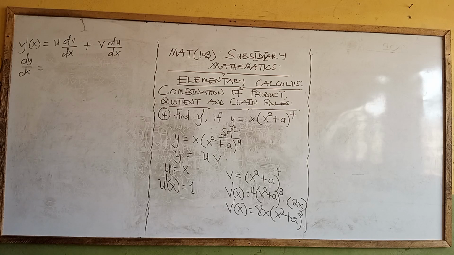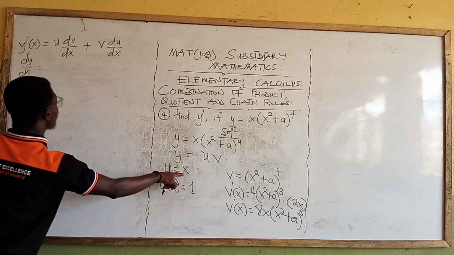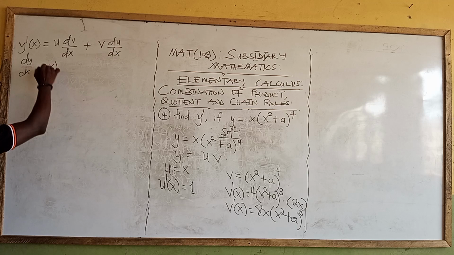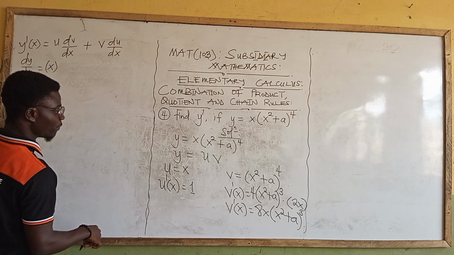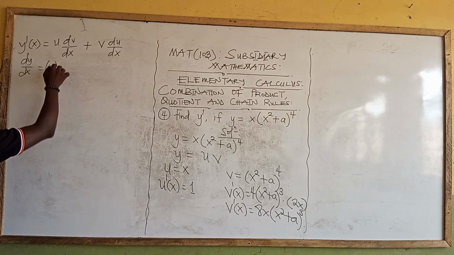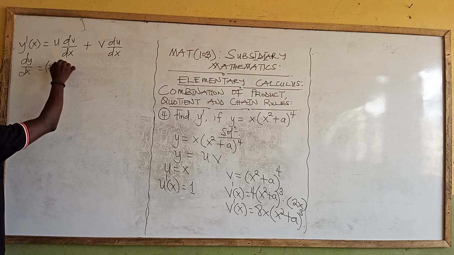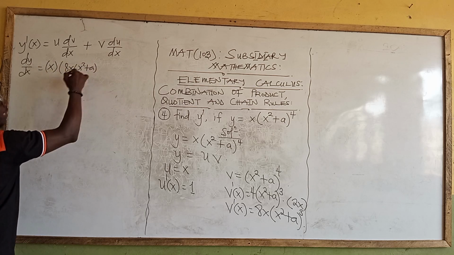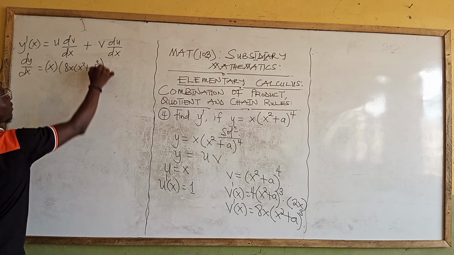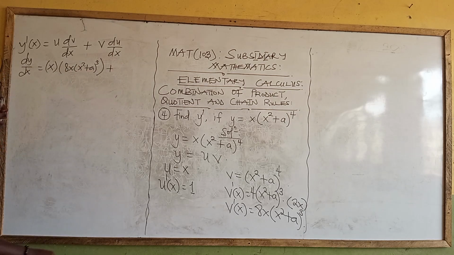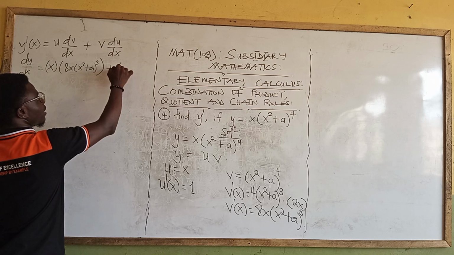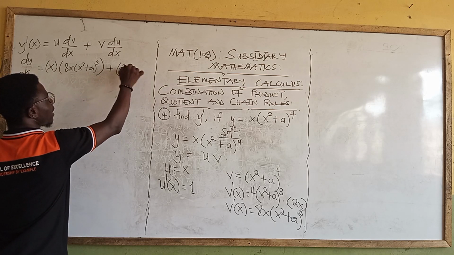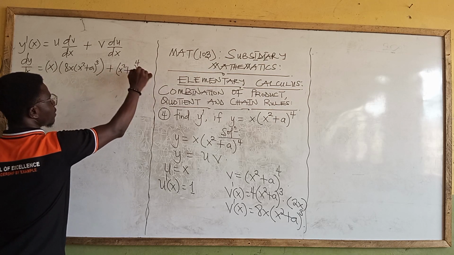So now what is u? My u is x, then times my differential of v, which is 8x times (x squared plus a) to the power 3. Then plus, what is v? Our v is (x squared plus a) to the power 4 times